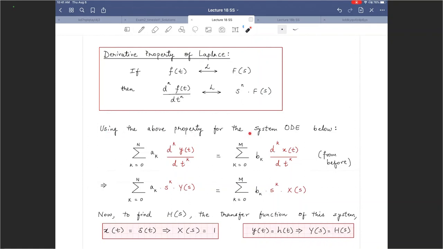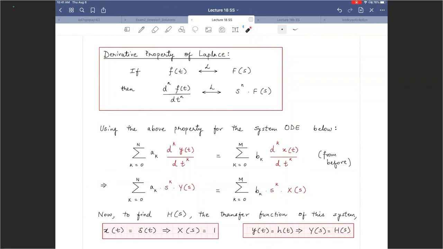Using the above property for the system's ordinary differential equation below, this is from earlier, just copy-pasted from before. Now we are trying to use the derivative property over here. The a sub k are simply scalars, so they remain as is. The kth derivative of y is going to be s raised to k. S is the complex variable sigma plus j omega. So s raised to k multiplied by the Laplace transform of y(t), the output,